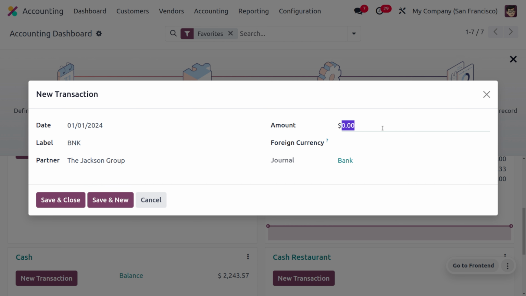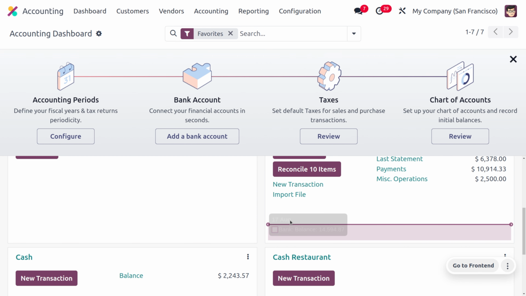But whenever we are making the transaction, we need to charge $50 as the bank fees. So by summing the amount in the invoice and the bank fees, you have to provide the amount over here.